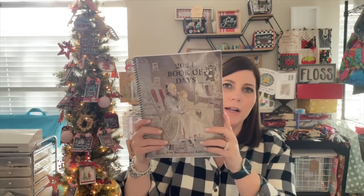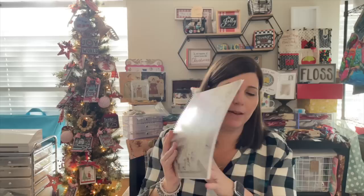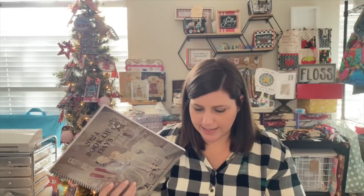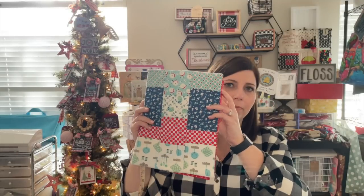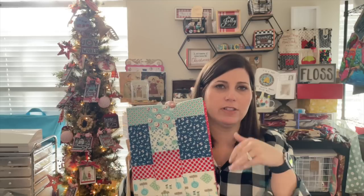I also got a new, and I think I showed the Book of Days, but I got my Book of Days bound and with the cover, and I added 5 blank pages at the back. Last year, I think I did 10, and I really didn't use that many, so I just did 5 this year. And then I had already made this, is my cover I made,